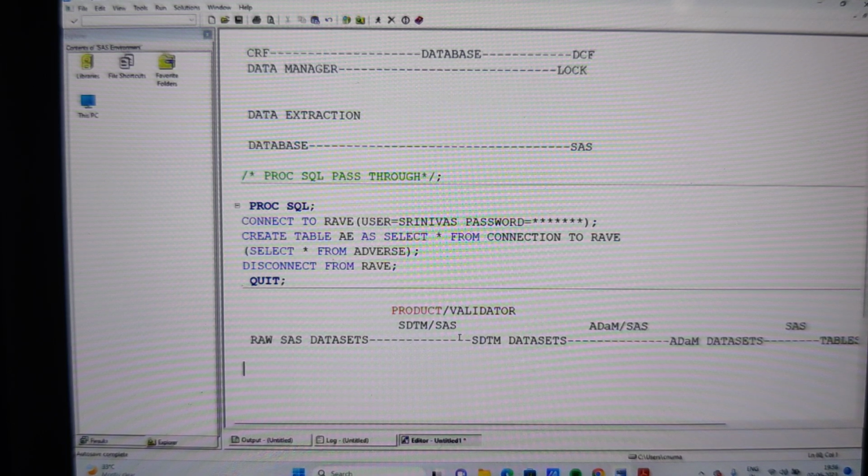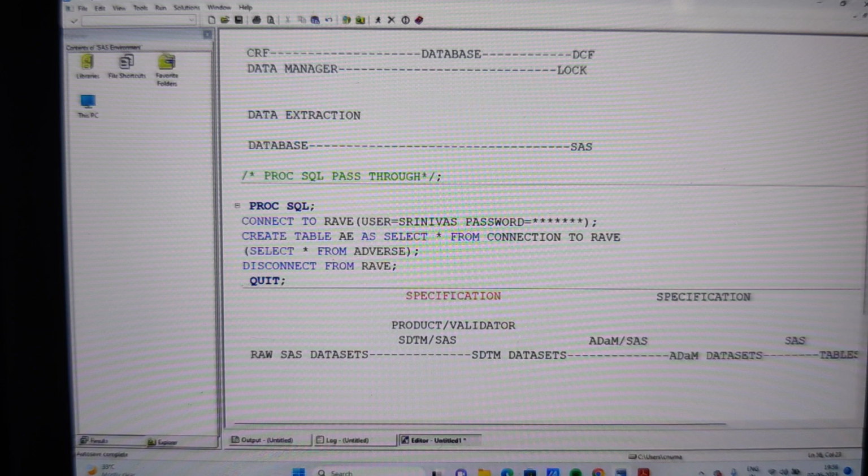Because certain companies will not have a separate validation. They do internal validation. In such scenarios, you will not have a separate role called validation. And along with that, to convert the RS into SVM data sets, we are going to use specifications. We can add a SAS program, we can involve the specifications. And then we are going to get SVM level and ARM level also. We also get the ARM specifications. That is our programmer. We can say, yes, I'm writing a specification, and then do that one.